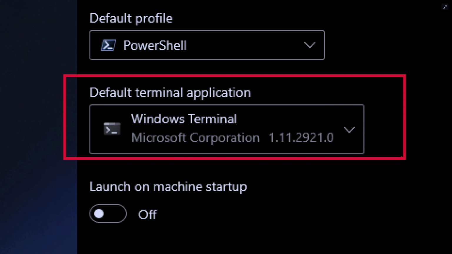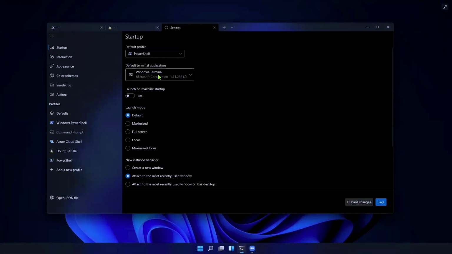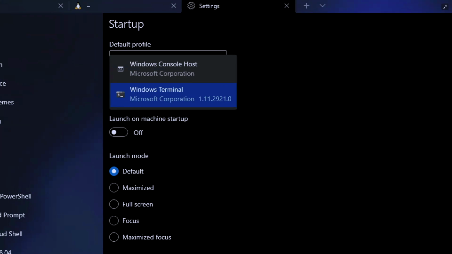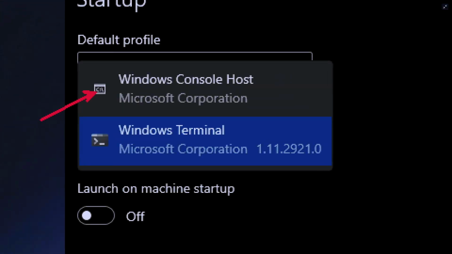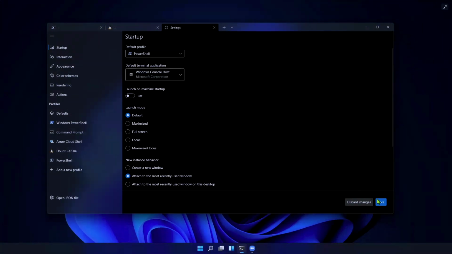Now, I realize that this talk is about Linux on Windows, but we're going to talk about the concept of the terminal a little bit because it's important, and a lot of things have changed. You see where it says default terminal application. You might wonder what the previous terminal application was. Well, that was a thing called the Windows Console Host. So if I switch that setting and hit save, and then I'm just going to run cmd.exe,